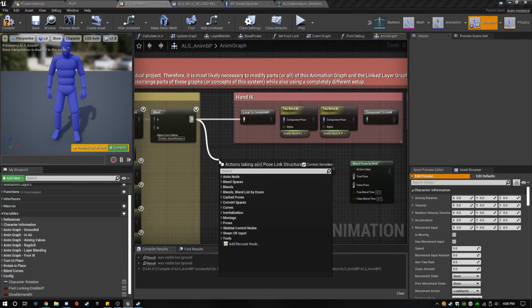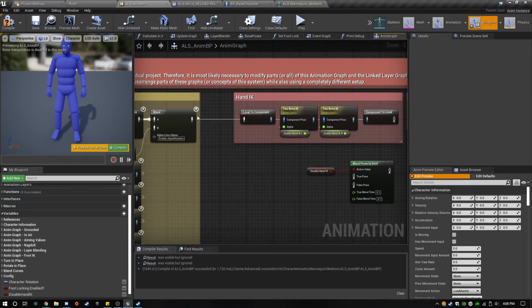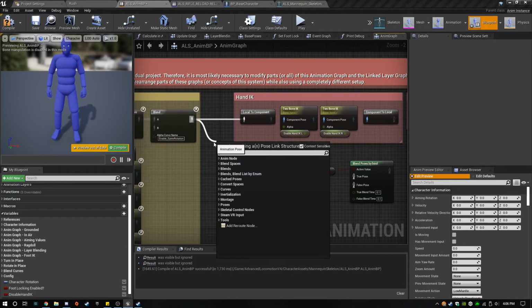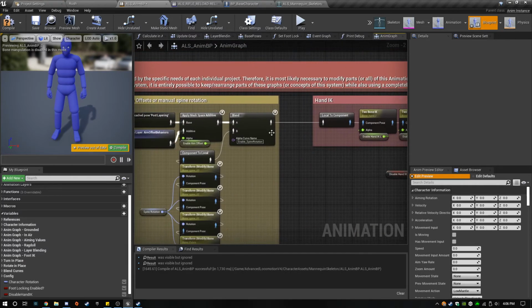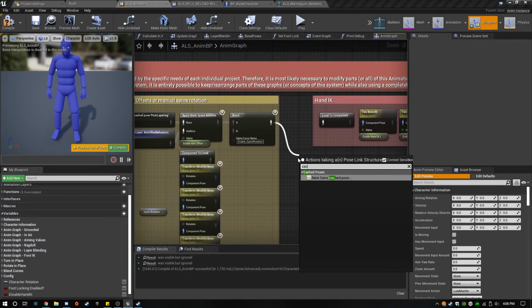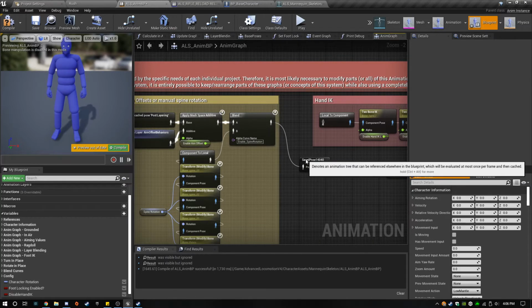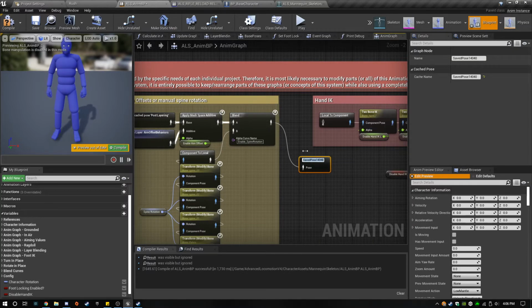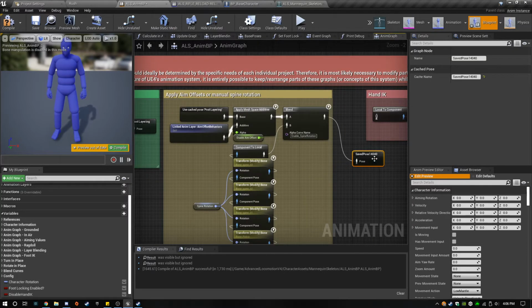Okay, so what is this called? Yeah, we're going to cache this. For now we'll name this just apply aim offsets.